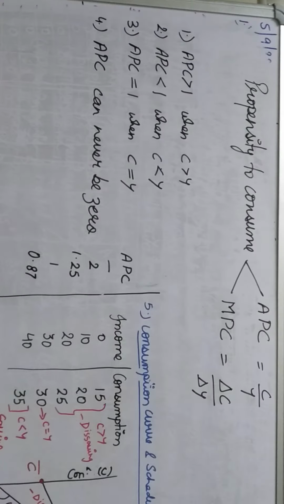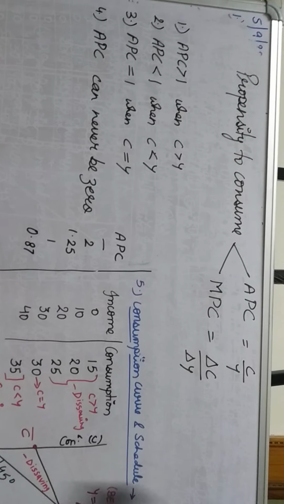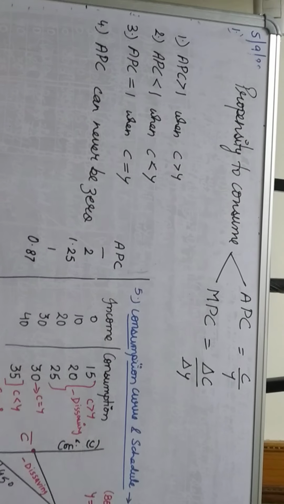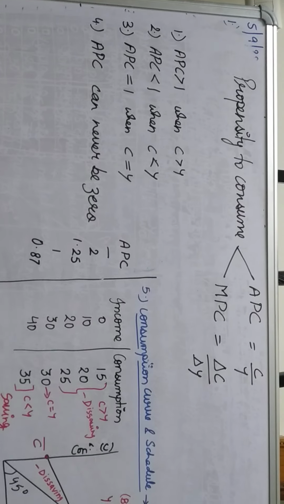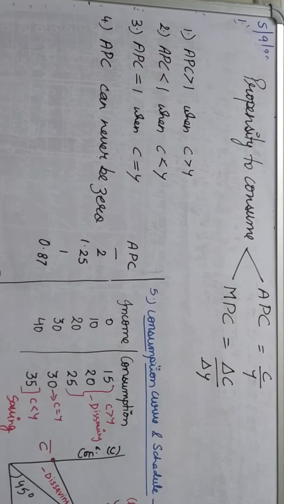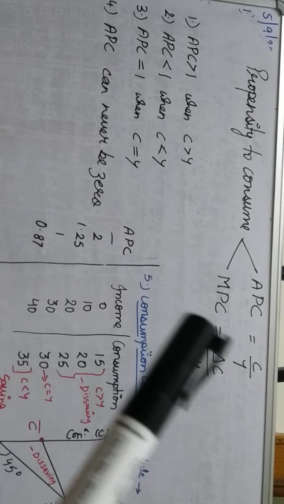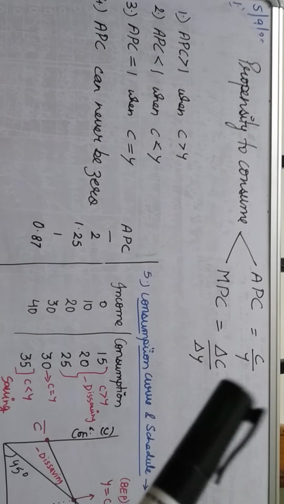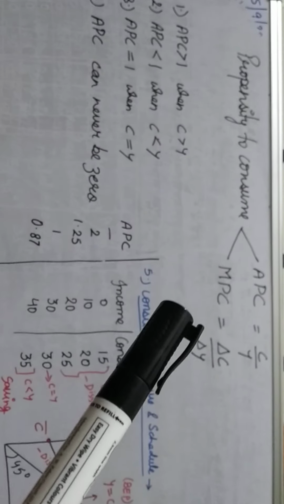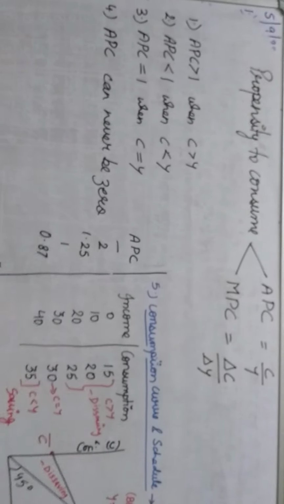Now the next concept we can discuss after this consumption function is propensity to consume. Two types of propensity. Propensity exactly means the desire to consume at different levels of income in the economy. That means how much the consumer is ready to purchase of the commodity in the economy. Propensity means how much he desires. So two ways: average propensity to consume, APC, and marginal propensity to consume, MPC. APC can be calculated by consumption upon income, and marginal propensity to consume can be calculated by change in consumption upon change in income.